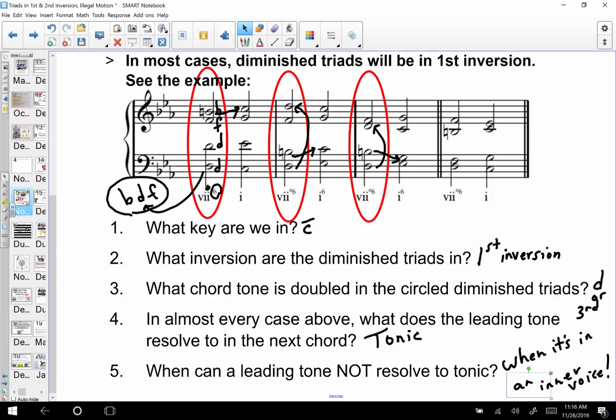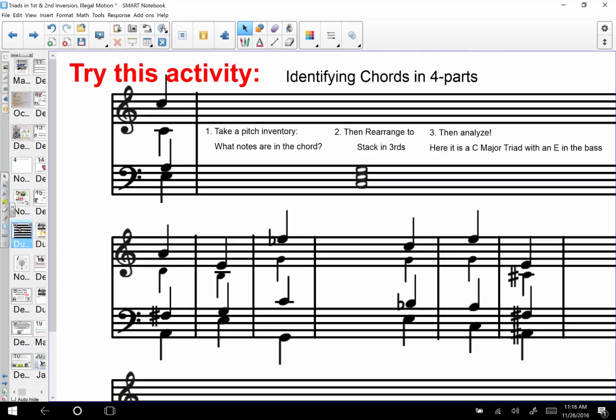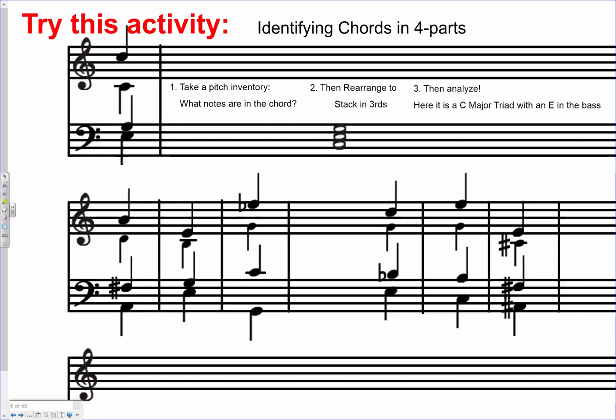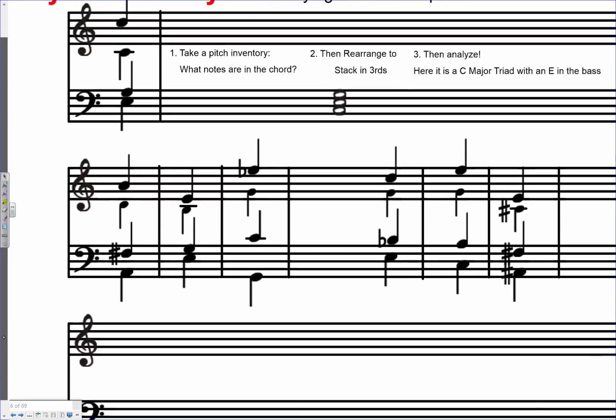Okay, so now let's try this activity. Let's identify chords in 4 parts. First, we'll take a pitch inventory and figure out what notes are in the chord. Then we'll rearrange them and stack them into 2 superimposed thirds. Then we'll analyze them, as I've done in the example. So now, let's get a full screen going, and let's look down here at this first one right here. Identify the chord tones,